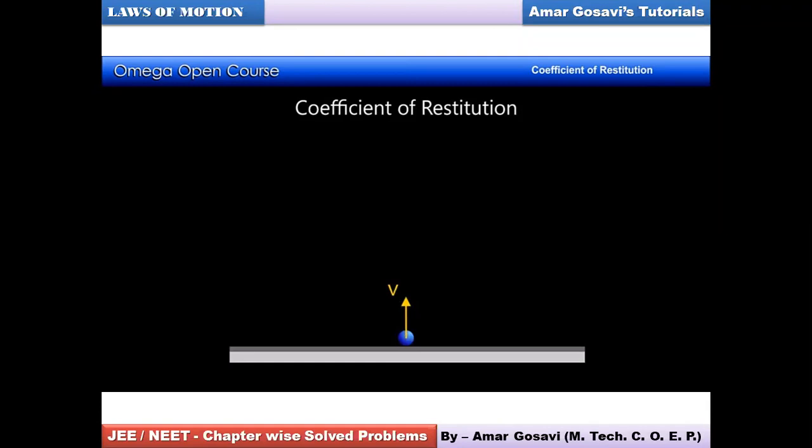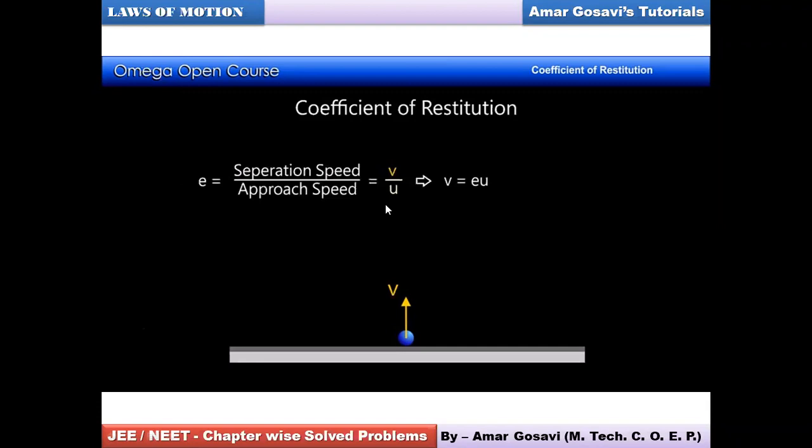So v stands for relative velocity of separation, and u stands for relative velocity of approach. When I am talking about approach, it means the things prior to collision. When I am talking about separation, it means things after collision. And the ratio of these two relative speeds will give us the coefficient of restitution as per our definition. So the separation speed is v, and similarly, the relative speed of approach will be u. So the equation for e in this case will be v upon u.